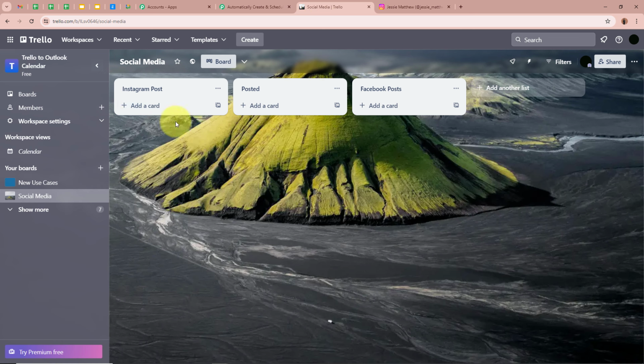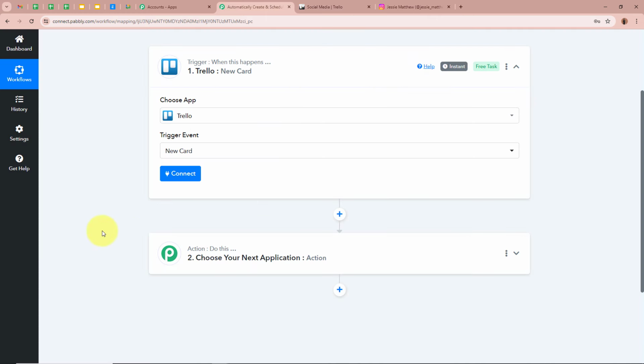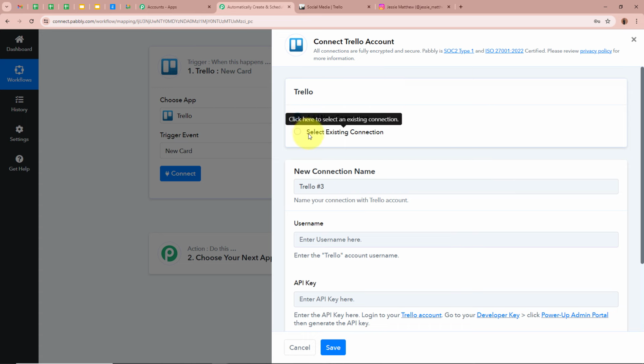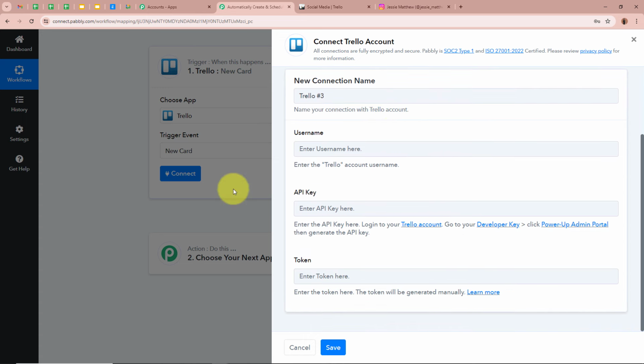As my objective is that whenever a new card is created in my Trello, automatically Pabbly Connect should capture the response, okay? And then to connect Trello to Pabbly Connect, we need to click on this Connect button. A new window is going to appear on which click on Add New Connection, but if you want, select the existing connection. After that, to connect Trello to Pabbly Connect, it is asking for the username, API key and the